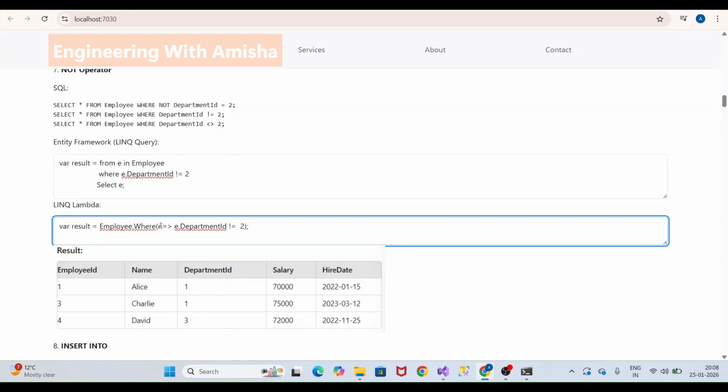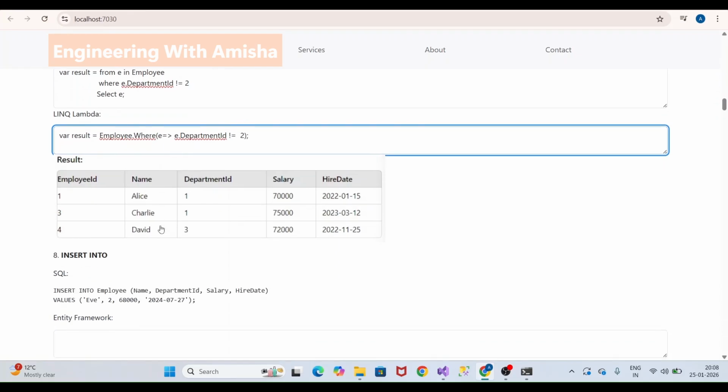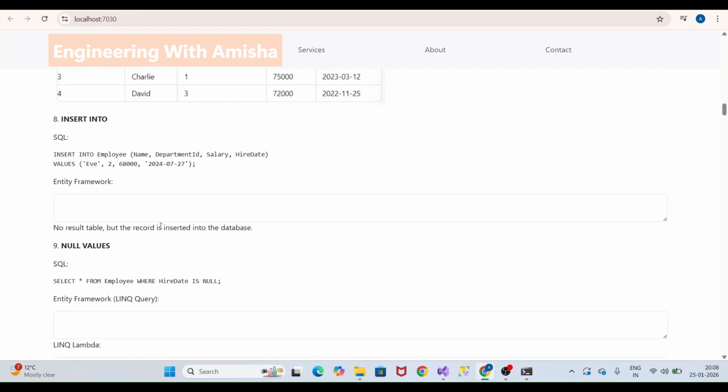So both LINQ and Lambda give us all employees who do not belong to department 2. Now let's take a look into an insert example. The SQL query is insert into employee name, department ID, salary, hire date, values, and the values are Eve,